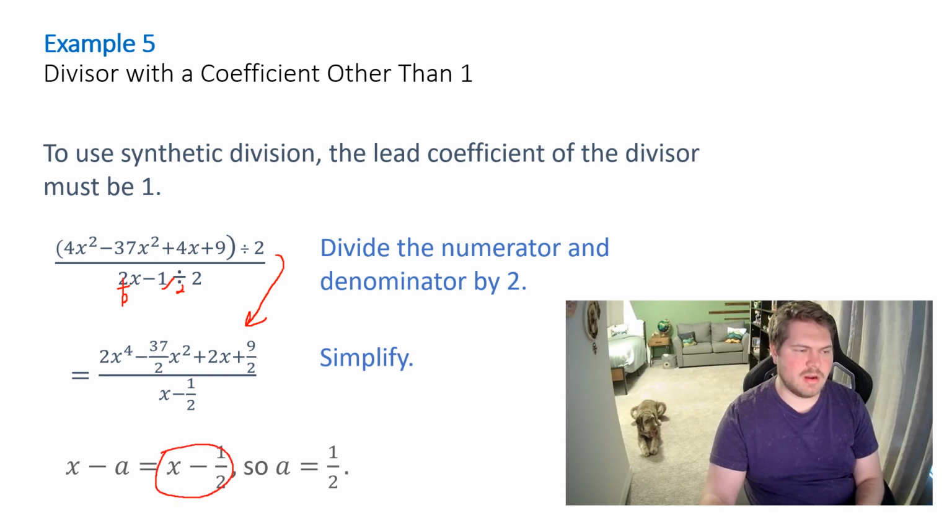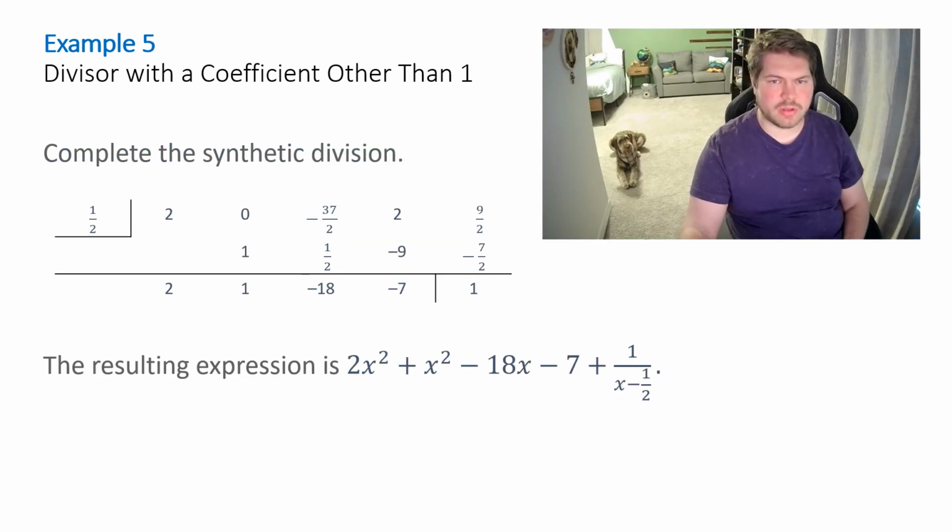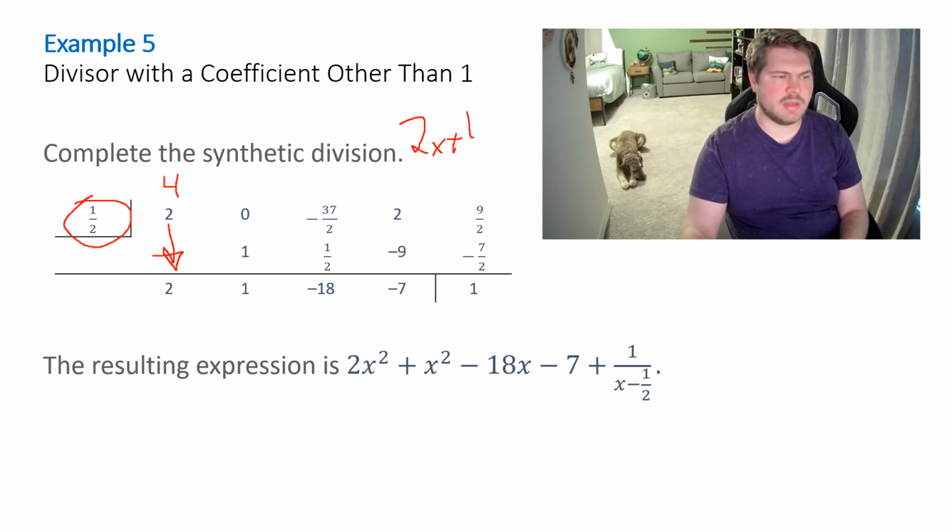what makes this 0? Well, positive 1/2. So you're going to do synthetic division with positive 1/2. I'm just going to show you their work. I'm not going to make you do it, but you always bring the first one down. But notice, if you didn't change this to a fraction because it was 2x plus 1, this was originally 4, so you can't bring the 4 down. You need to make this a half, and then you're going to do a half times 2, you get 1, add 1, multiply by a half, you get a half, add, and this is